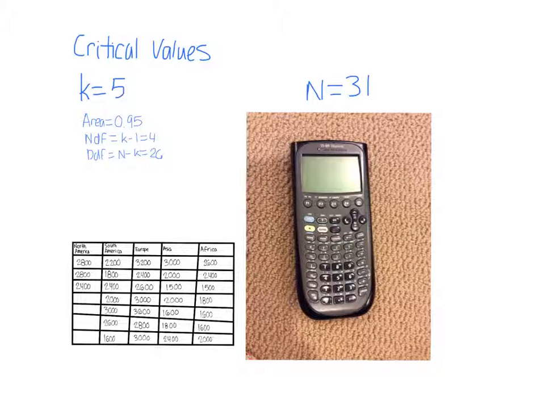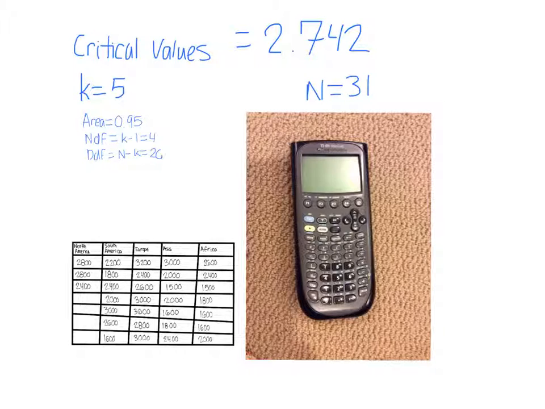Once you are inside of the inverse F function, you will see 3 different blanks to fill in: area, NDF, and DDF. Within the area, type in 0.95. I forgot to mention earlier, but for this problem set, there is a 0.05 level of significance. The NDF is K minus 1. Because K is 5 in this problem, that number would be 4. Your DDF equals N minus K. This is 26 for this problem. After pressing enter, you will receive your critical value, which for this problem is